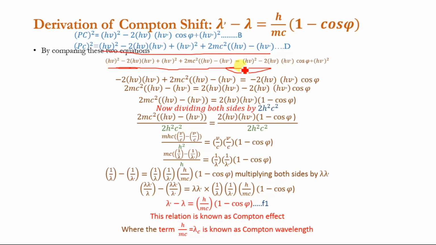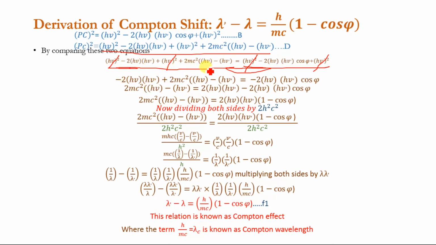Up to here, and the second term is (hμ)² − 2hμ′ cos φ + (hμ′)². This whole term is this one. Now this (hμ)² will cancel with (hμ)², while (hμ′)² will cancel with this (hμ′)², and the remaining terms are